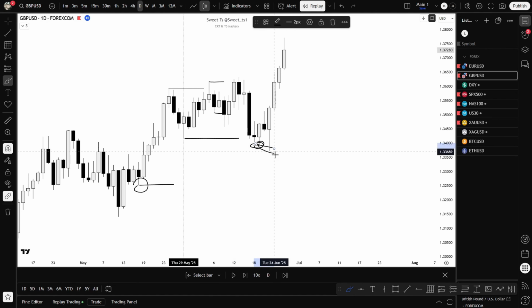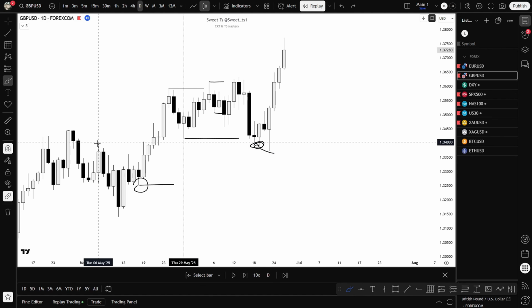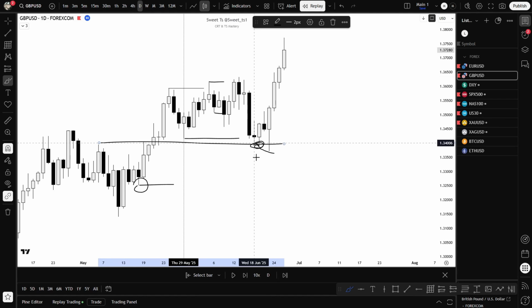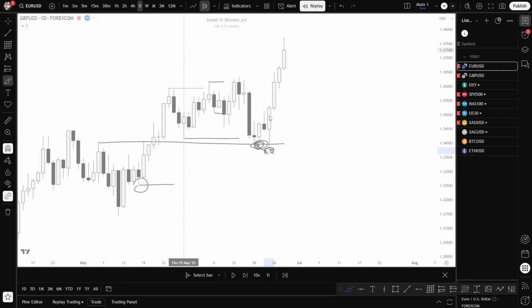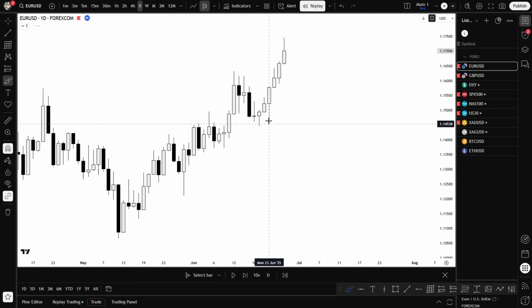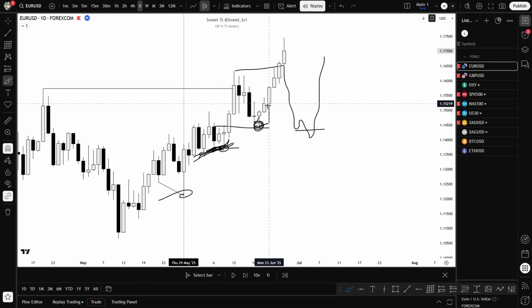But once the SMT happens and we retrace into this high, then you can expect this low to hold, right, with SMT. Then you can trade it. This is a very, very, very high probability SMT. As I told you guys, the important highs and lows start by the opening price of